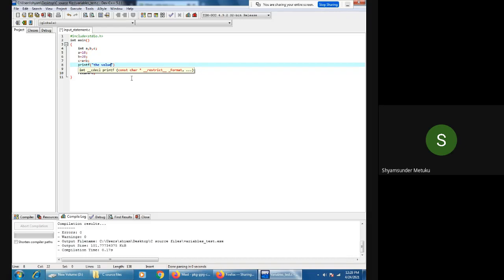Okay, the value of sum, or see, anything is okay. The value of sum is %d. The text must be written as per your convenience, right? So you should understand what exactly you are trying to print. Can you tell me what I'm supposed to write here after the comma? C. C. C. Very good.